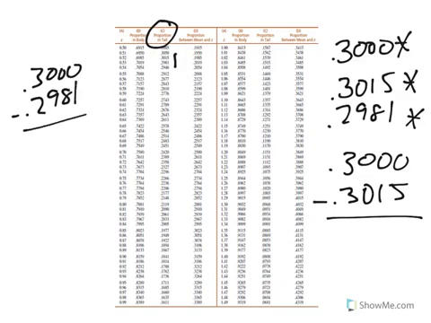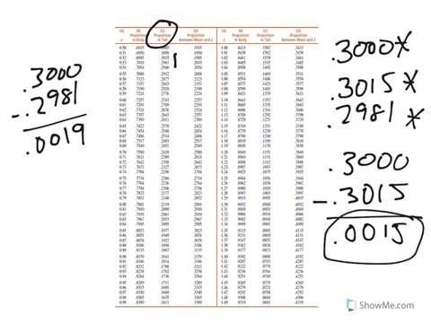The difference between these two will reveal which one is closest. Okay, so if we do the math, over here we get 0.0015, and over here we get 0.0019. And so this is a smaller distance between the value that we were looking for,